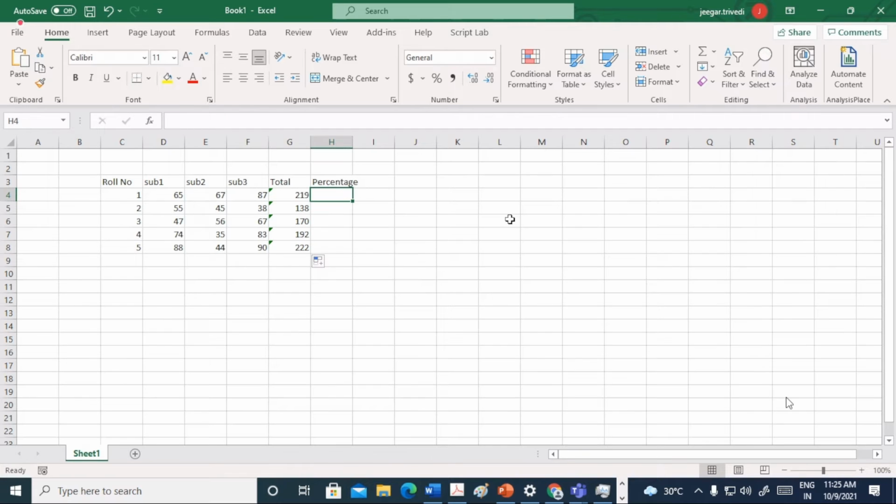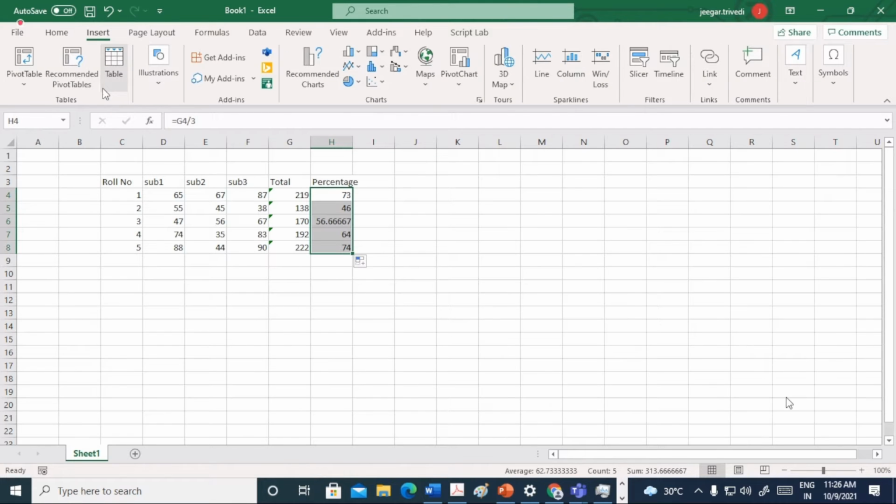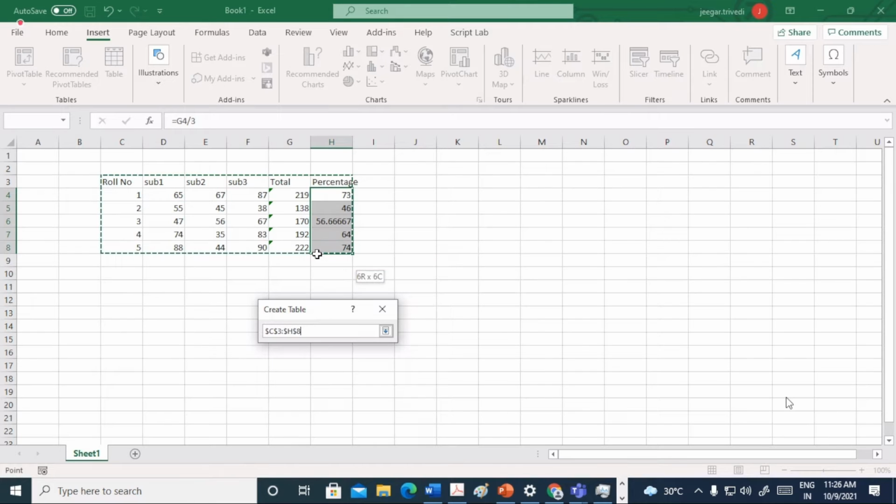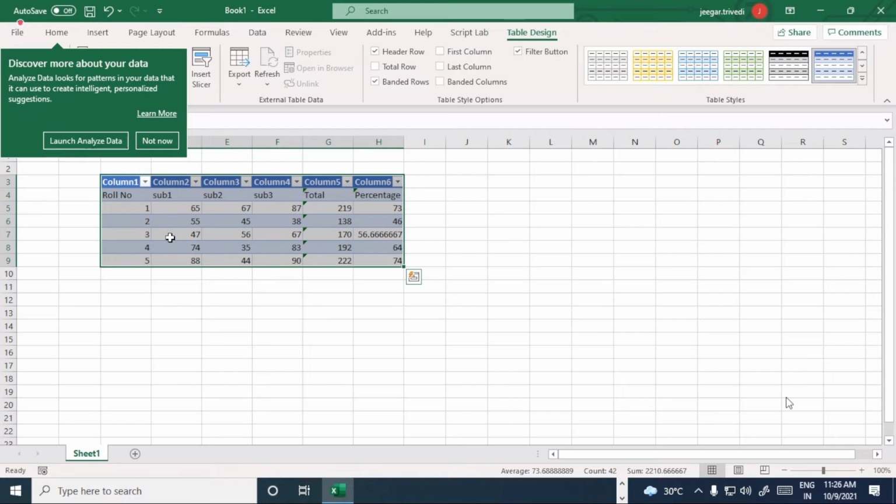For the percentage, you can take the average, or you can straight away write the formula, this divided by 3. So this is done like this. We'll use the insert table. So this takes the form of a table.